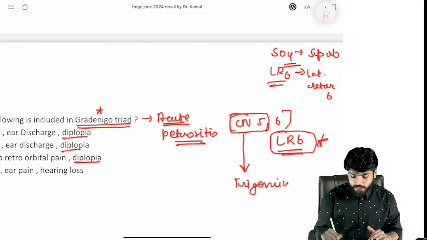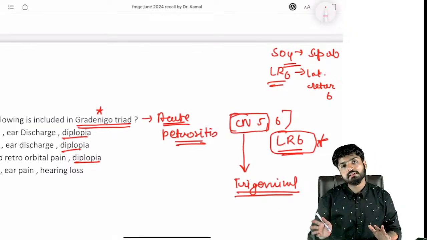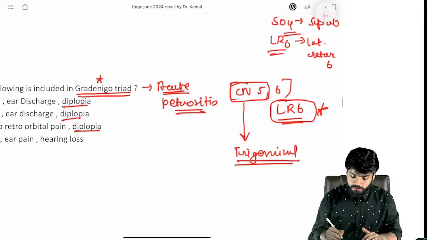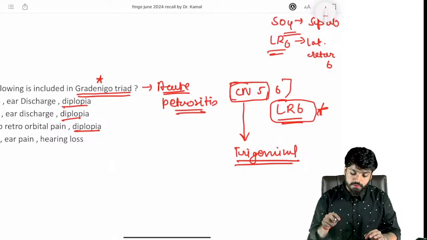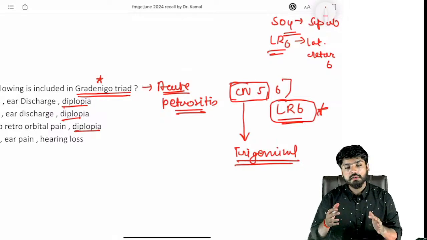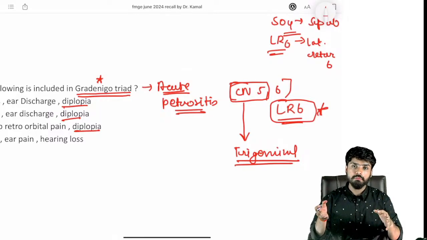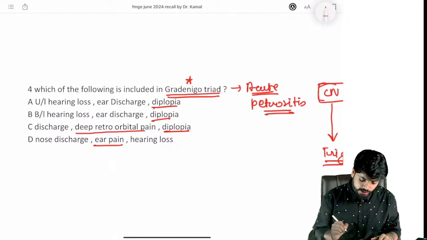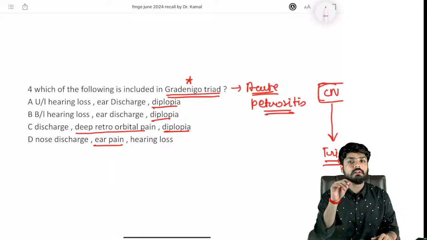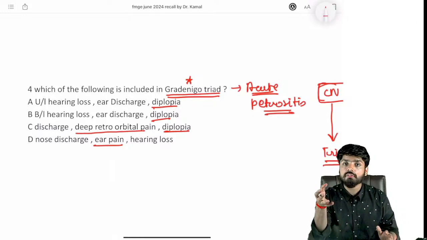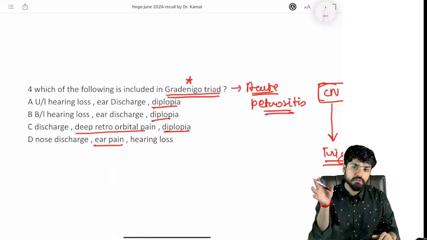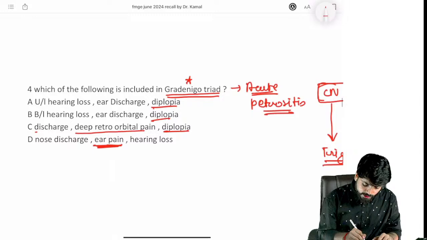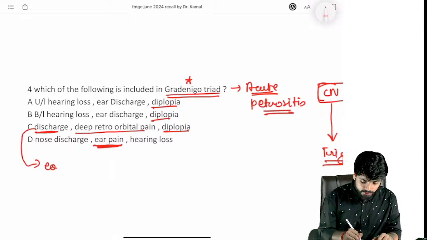Trigeminal nerve is a mixed nerve. It gives both sensory and motor. It has 3 divisions: ophthalmic, maxillary, and mandibular. Now we have to understand that if cranial nerve 5 is involved, some kind of pain will be stimulated in the patient. One option and two options are having pain, but is the trigeminal nerve going to cause ear pain, any kind of referred pain? Whenever we read about referred pain, we don't hear about cranial nerve 5 in ear pain. So the answer over here is discharge. What discharge? Ear discharge.